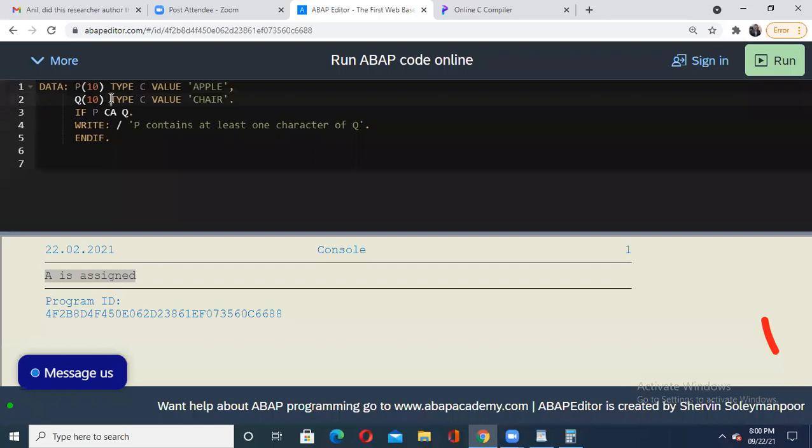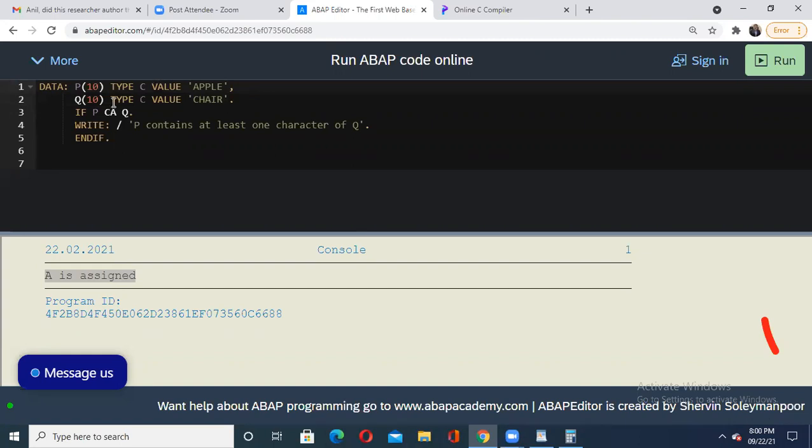Here I'm having P of 10, P inside the bracket 10. In C language, how would we write that P of 10? We write P inside the square bracket 10, so that becomes an array. Here its type is C, meaning a character array, and which value am I putting initially? Apple. So in this string P, I'm getting the first string as apple.